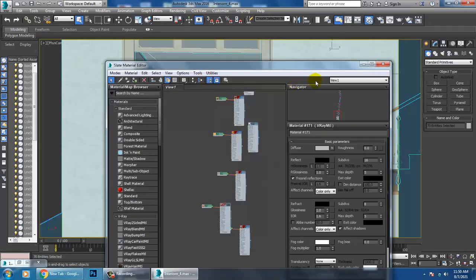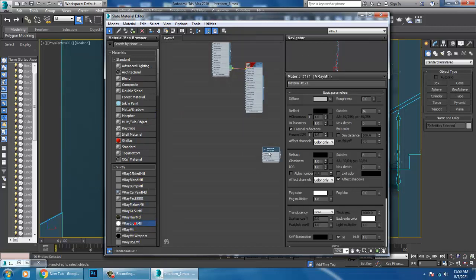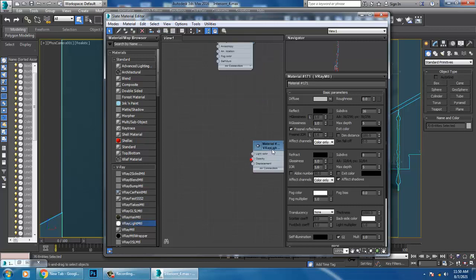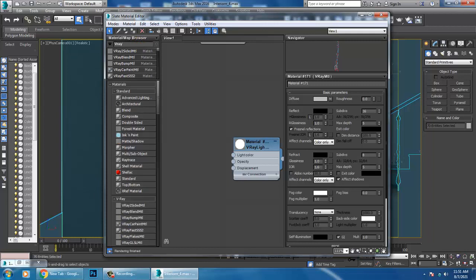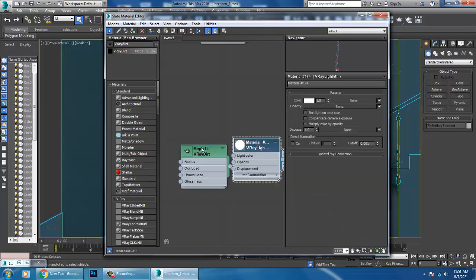Again, I will go into the material, and I can take a V-Ray light material, and with that I'll be assigning an ambient occlusion pass. So let's take a V-Ray dirt material. I can just delete this, and I can directly add it from here also.